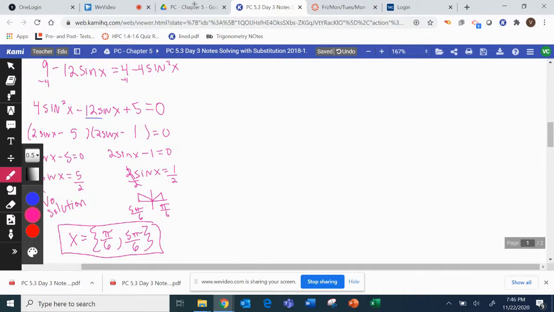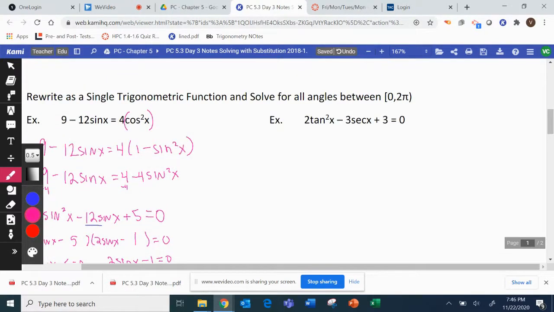All right, the next one. We've got 2 tangent squared x minus 3 secant x plus 3 equals 0. Okay. I don't have the tangent squared, secant squared, Pythagorean identity memorized, but I can get it really fast because